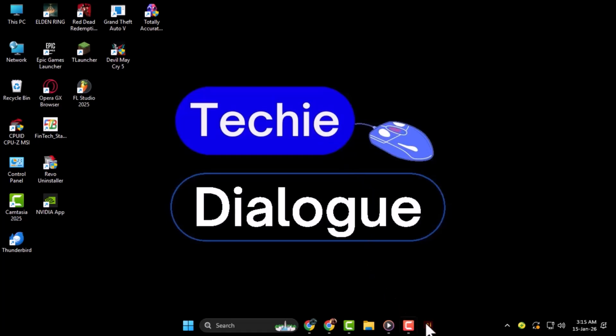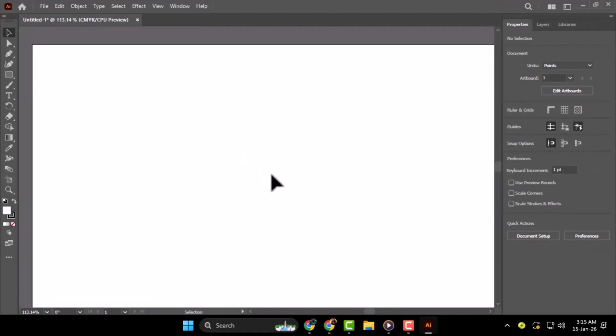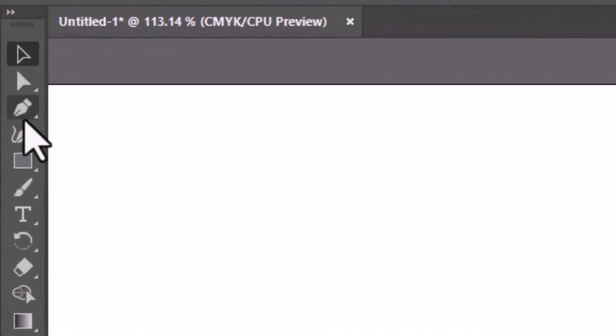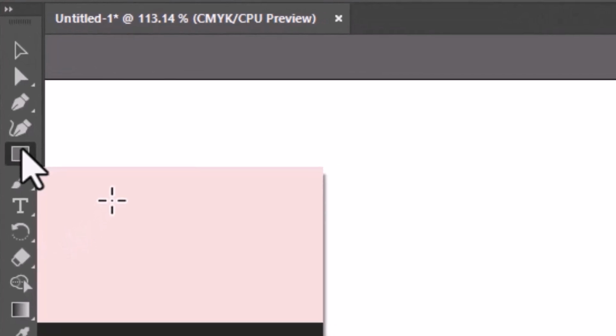Step 1. Start by opening Adobe Illustrator and creating a new document or opening an existing design, because gradients can only be applied to selected objects. Use tools like the rectangle or shape tool from the left toolbar to draw an object where the gradient will